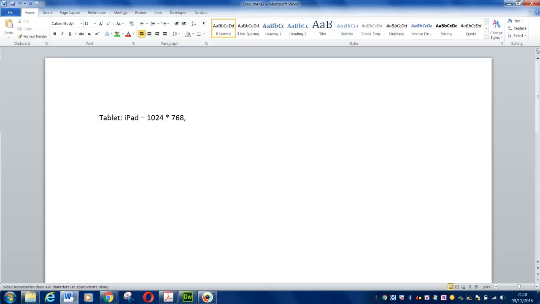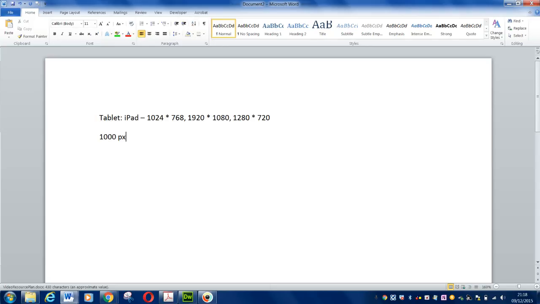We could work to other standards, for instance 1920 by 1080, regularly known as 1080i or P, depending on the video standard. And we could also use 1280 by 720, which is known as 720p in video. So we could work in any of those areas. In this example, I'm going to try and get my screen to work pretty well on that screen size. So we will go with, say,